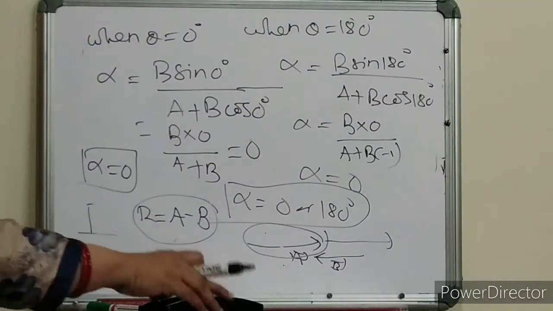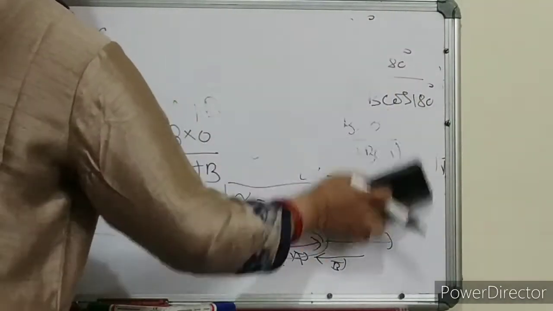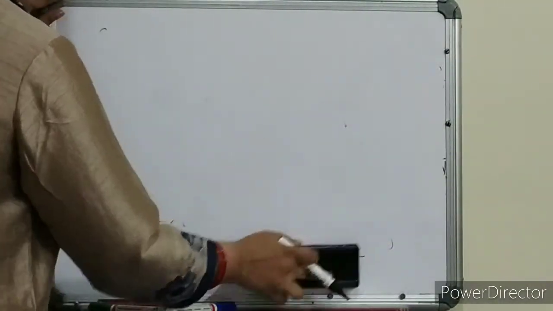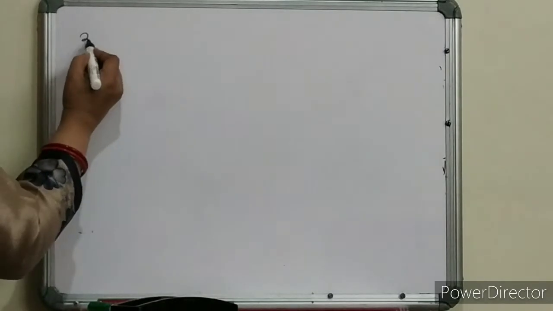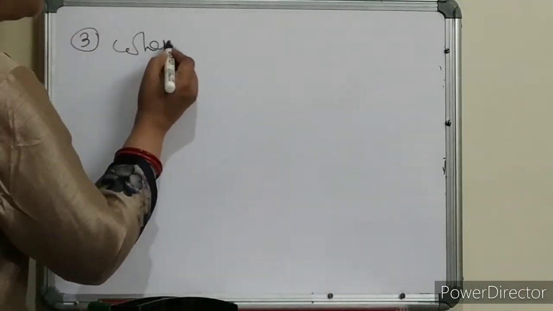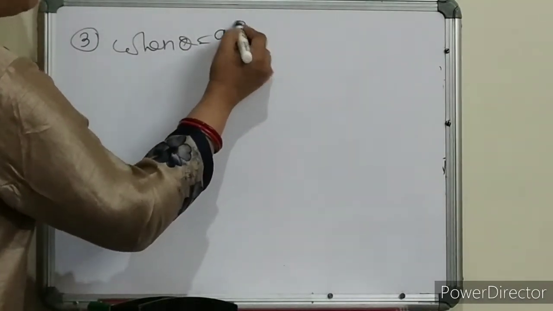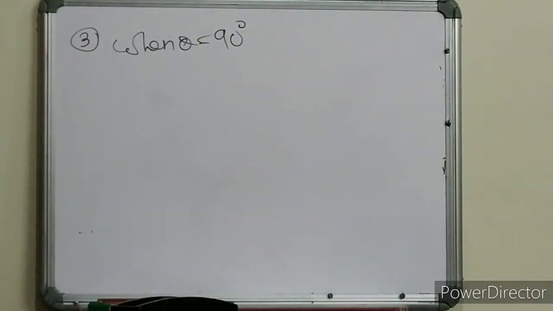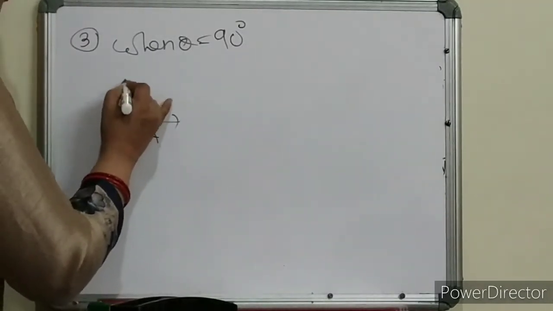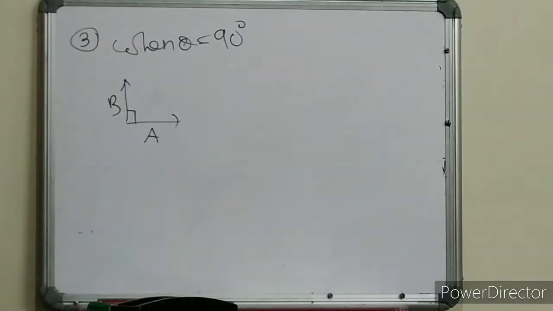Clear, children? Okay. Now we'll discuss our last case. After that we'll solve 1-2 numericals, previous year JEE NEET questions. Then we are done with this video. Okay. Case number 3. This is a very interesting one, when theta is equal to 90 degree. You can apply this parallelogram formula. We can apply this A, this is now B. See, when theta is equal to 90 degree, you can use Pythagoras theorem also.